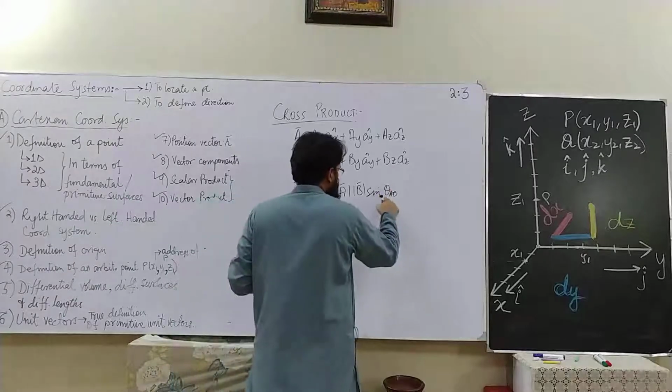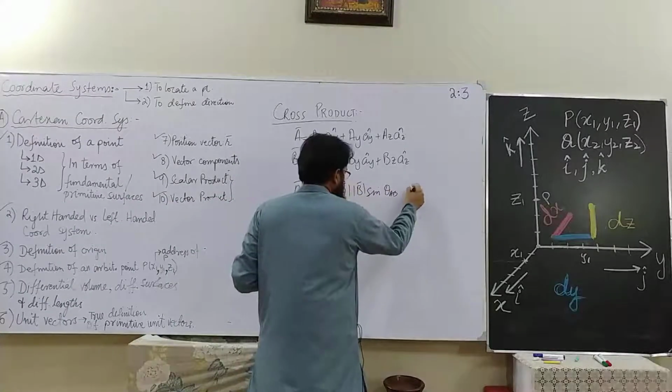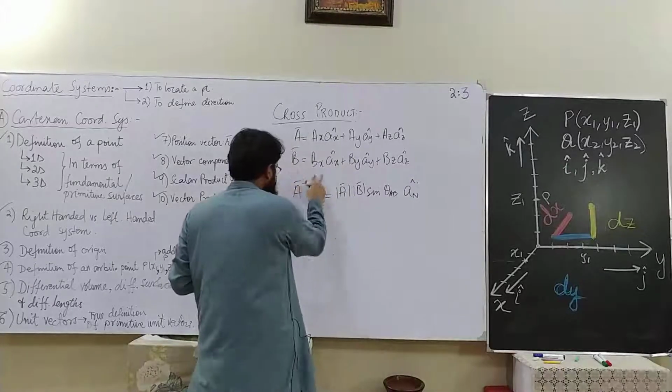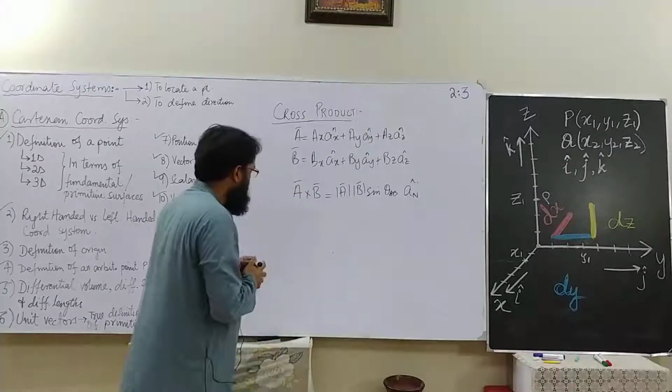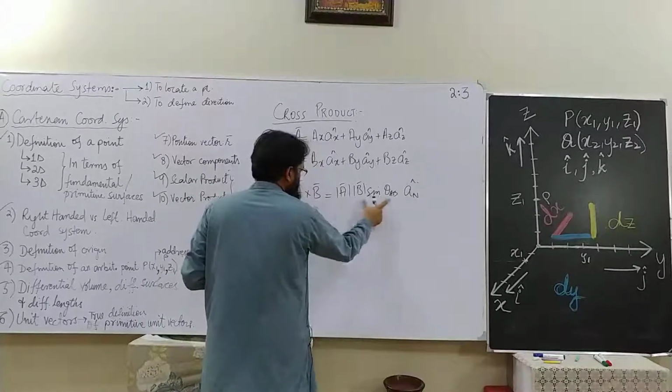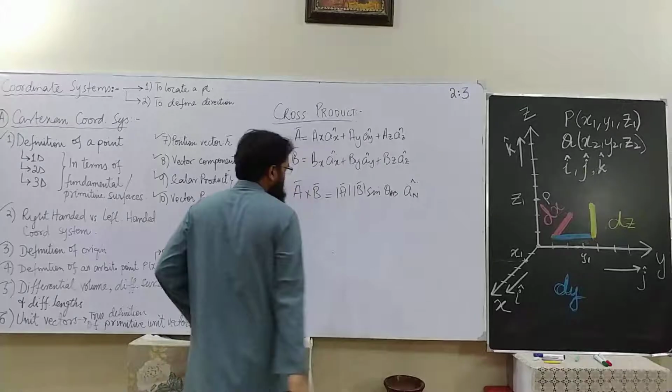So now the order is important, and since we should have the answer as a vector quantity, we have to multiply this scalar thing, the magnitude, by